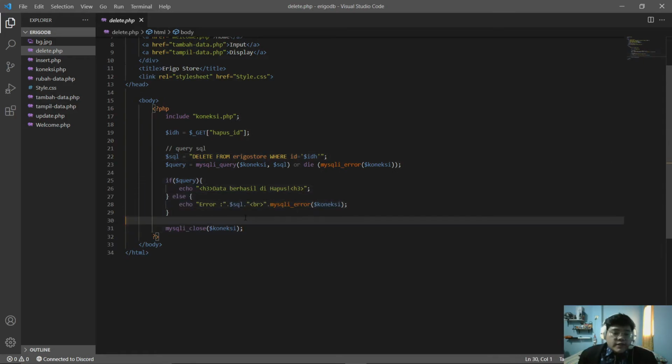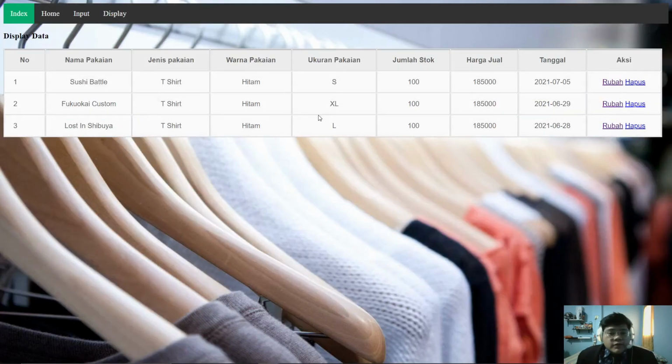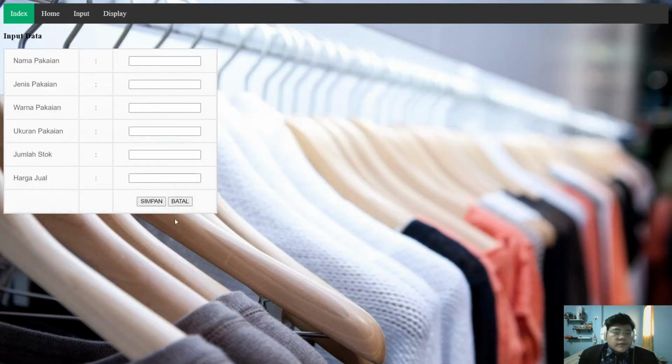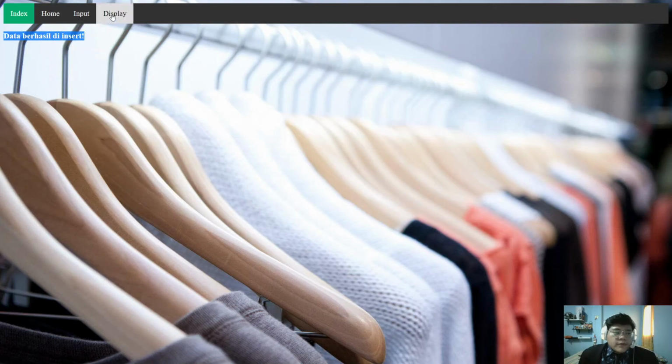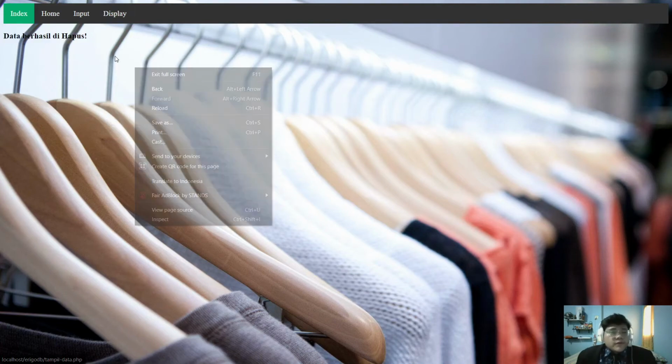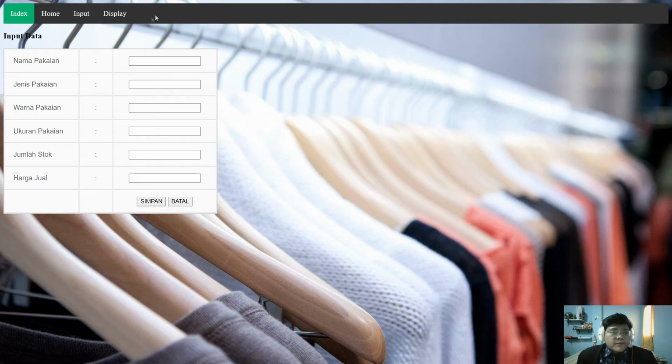The next is the same as before. This will appear when you successfully delete the data.